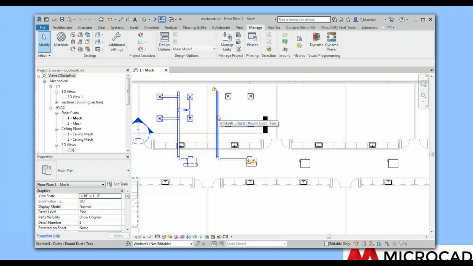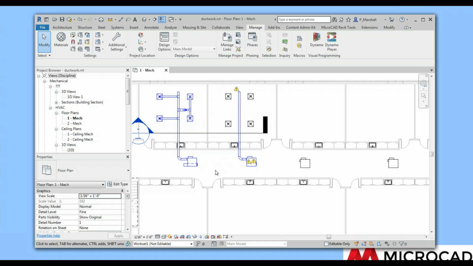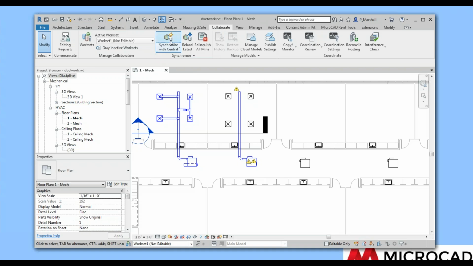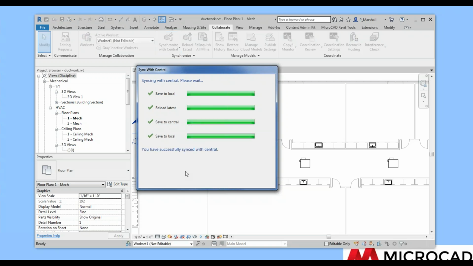So if I simply take this duct and I'll just move it over to the center of the room instead of the side of the room. So I now made a change to this. It needs to be synchronized to central, just like if I was doing LAN work sharing. So collaborate, synchronize with central, and it creates and updates the local file, saves back to the cloud, and now